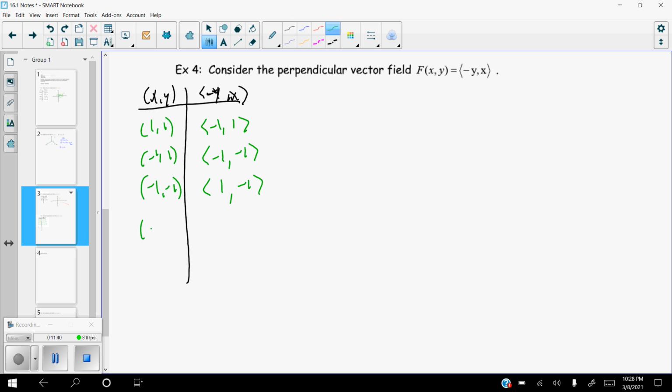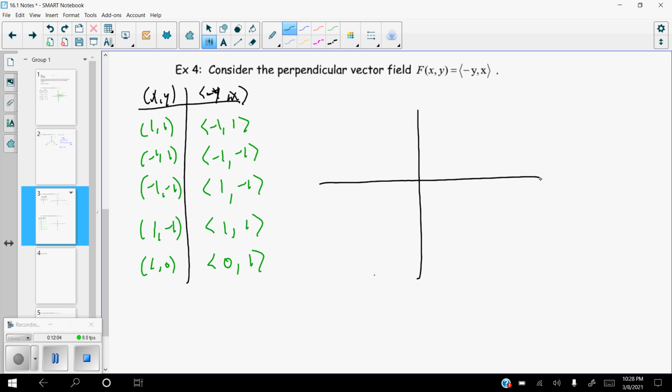And then if we did 1, negative 1, the negative of y is 1, and then the x value, which is 1. And then if we did the point 1, 0, the negative of 0 is still 0, and then the x value is 1. So if we sketch this,